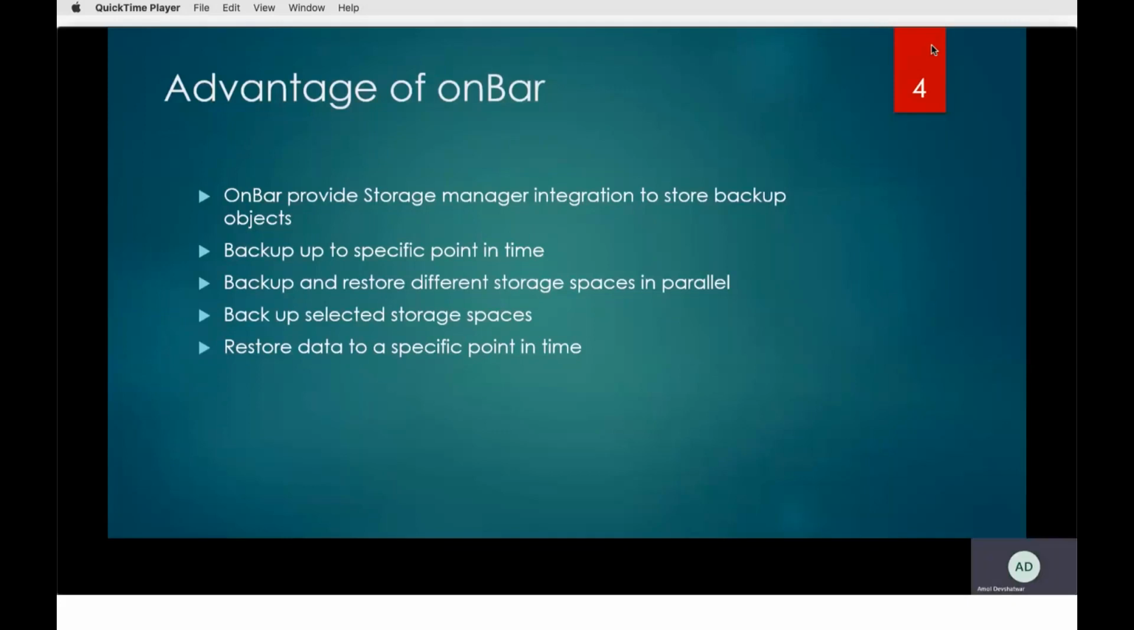Also, Onbar lets us restore the data to a specific point in time. Suppose I want to restore my data to a particular point in time, then yes, this functionality is available in the Onbar tool. Also, there are a couple more advantages of Onbar, like